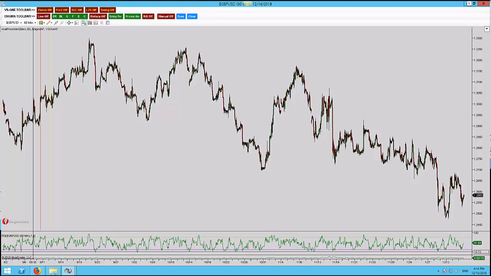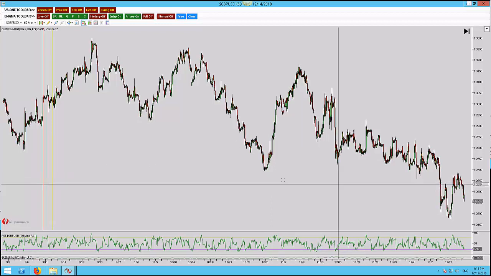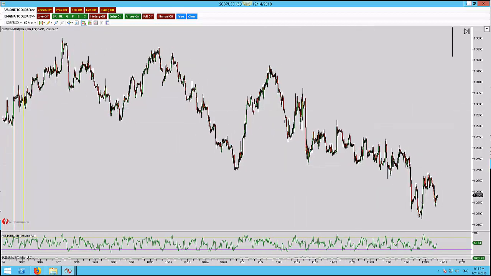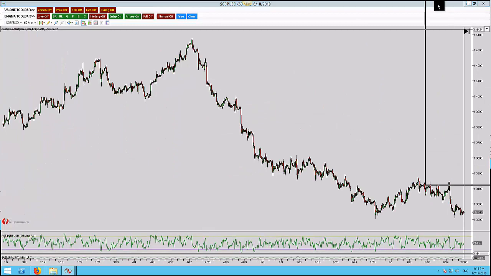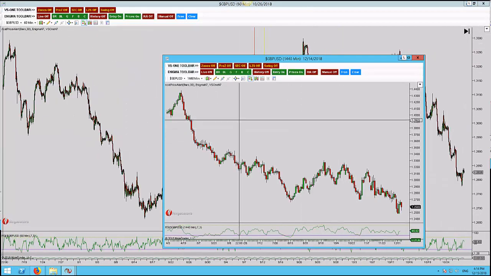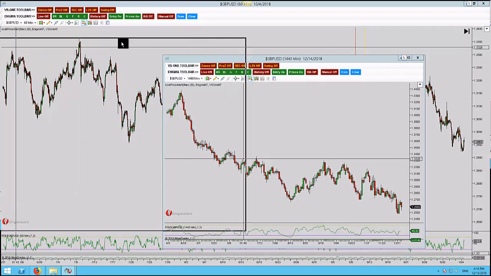So I'm using NinjaTrader 7, where the chart you're looking at the moment is the pound dollar on the 60. This is currently up to date, which is 15th of December, sorry. I'm just going to bring over two other charts that I've linked using global crosshairs, and this is the daily, so if you see I move that around, and then on my other screen I'll just bring this one over,